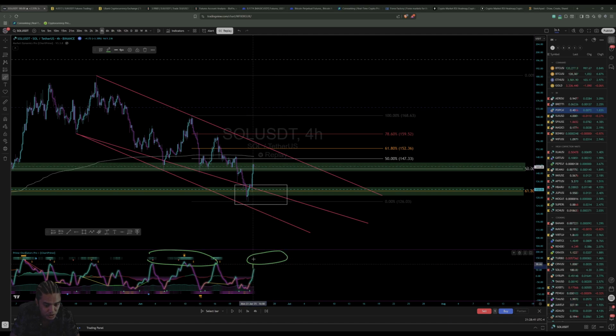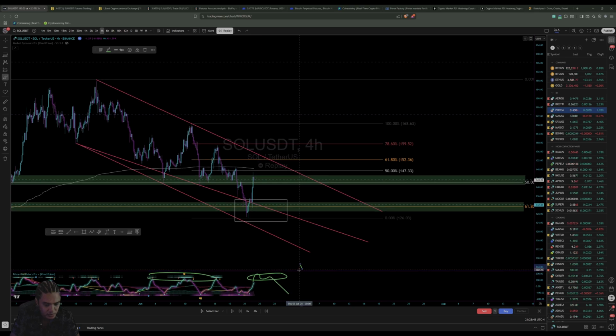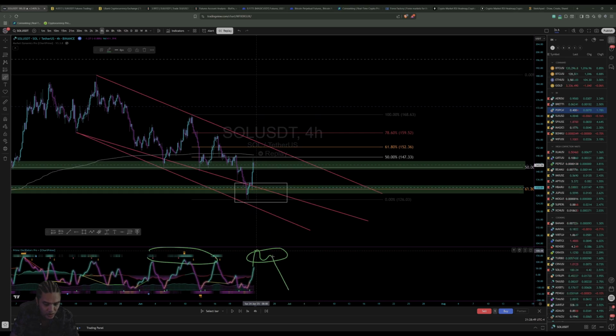Then we get divergence. Whoops. And we get our divergence print. You can maybe expect that a deviation back in. Divergence shows the move is weakening, but it can, not all the time, but most of the time, print a higher high in price action. So we've identified a danger zone here,